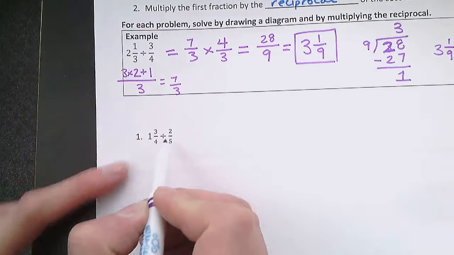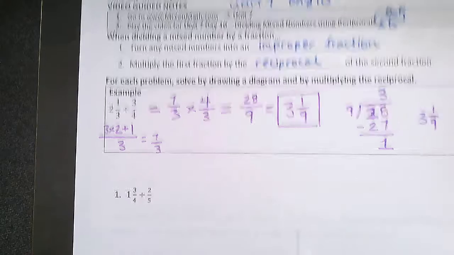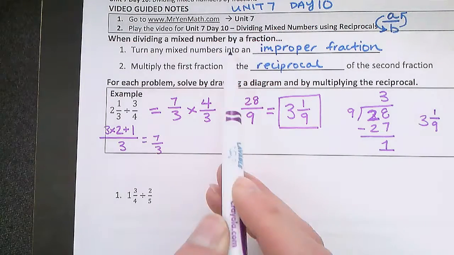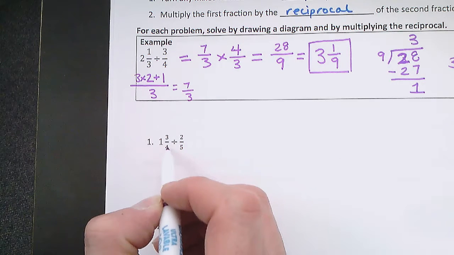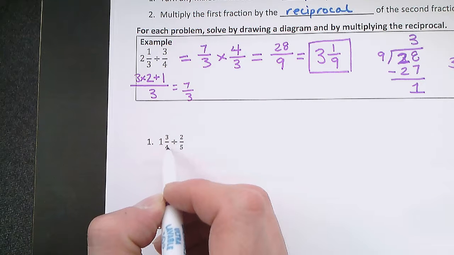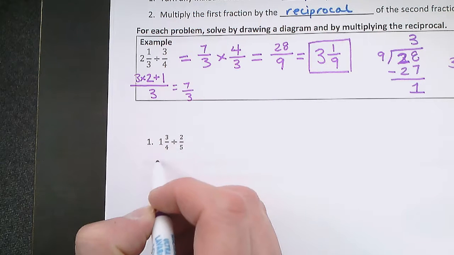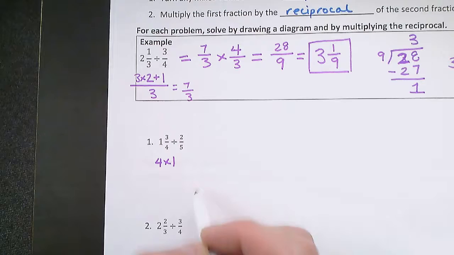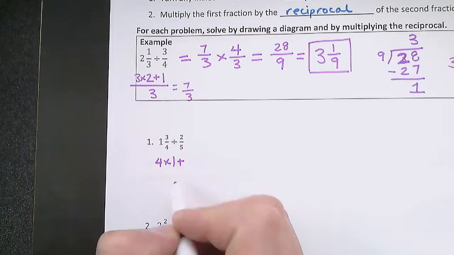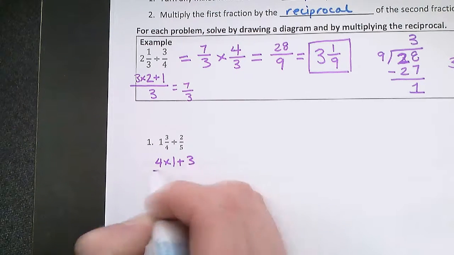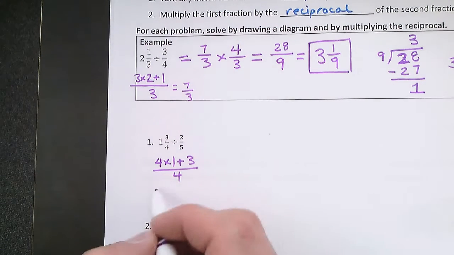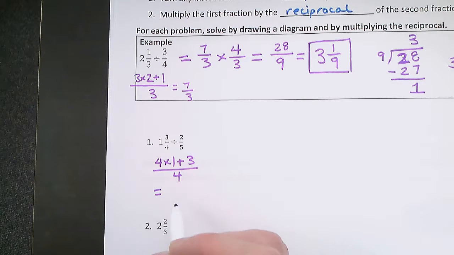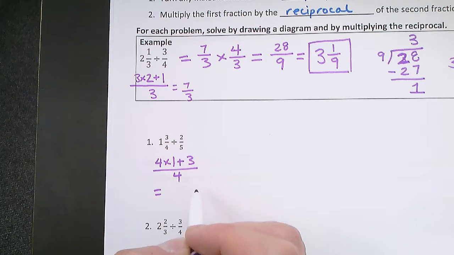1 3/4 divided by 2/5. So our first step, turn any mixed numbers into an improper fraction. So 1 3/4. Turn this into an improper fraction. The denominator times the whole number, 4 times 1, plus the original numerator, which is 3, over the denominator, 4. Right, this equals 4 times 1 is 4, plus 3,